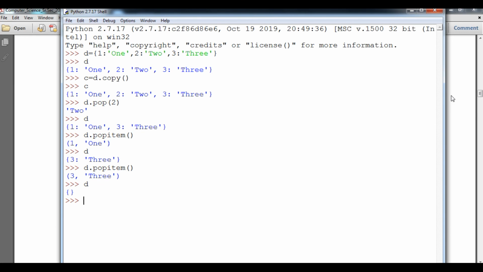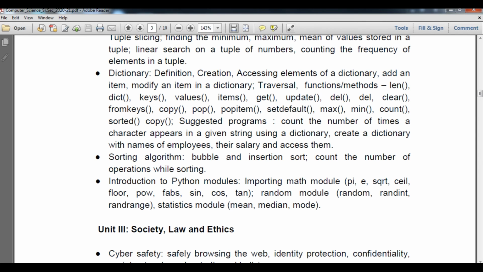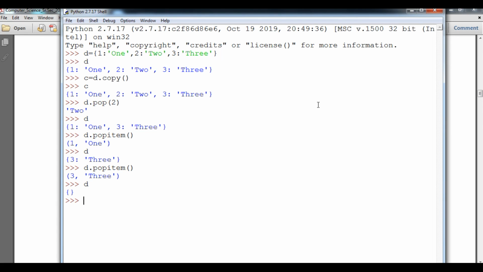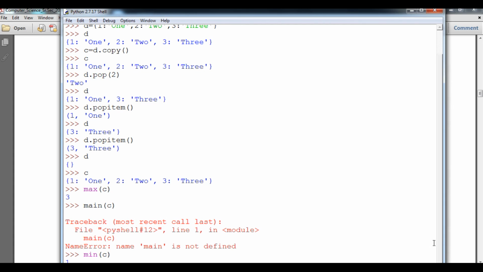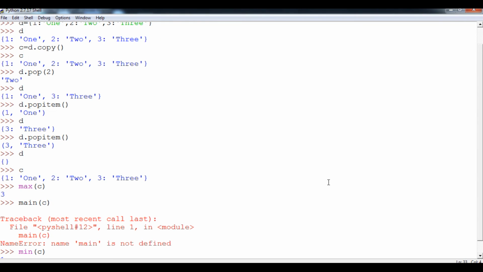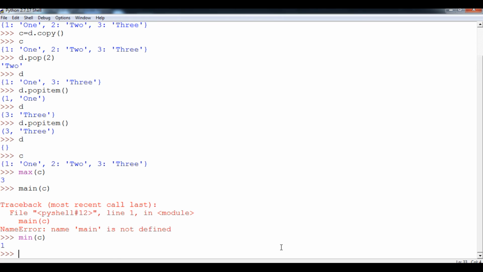Now we are going to understand the maximum and minimum functions. As you know, I have already created the copy, so we will do it on the copy variable. If I search for the maximum number in c, you can see 3 is the maximum number in it. If I ask for the minimum number, sorry, here it will be min within c, you can see only 1 is there. I will show you in a fresh copy. If I type min of c here, 1 will be the output.